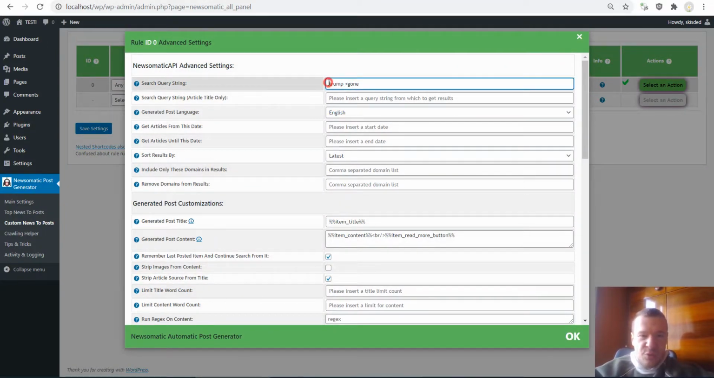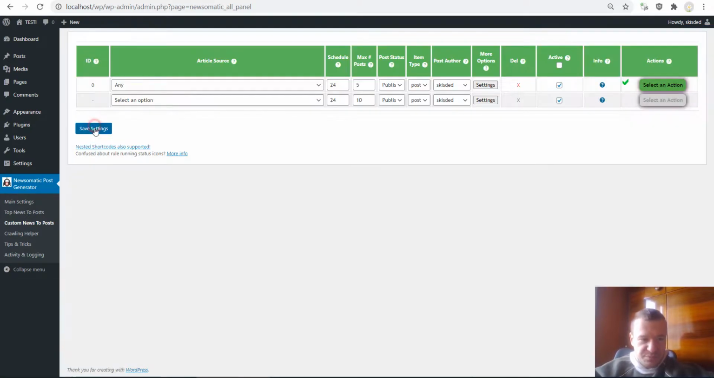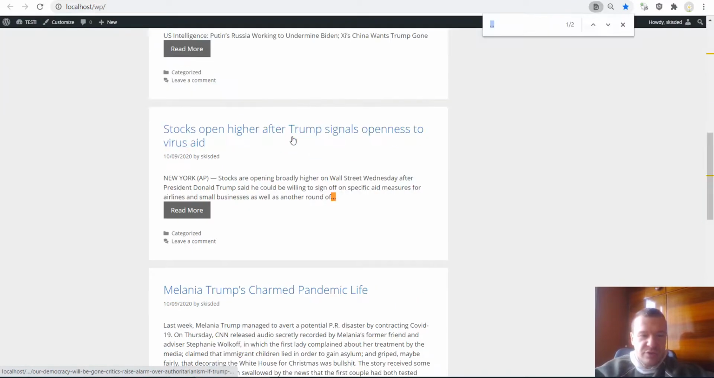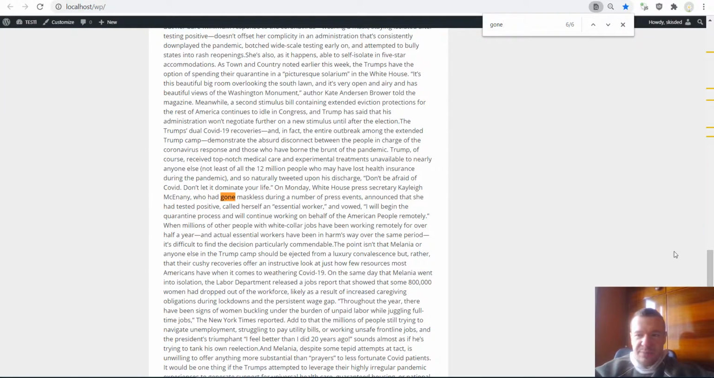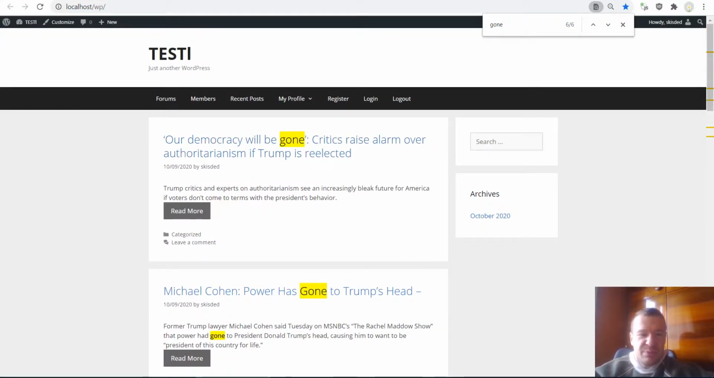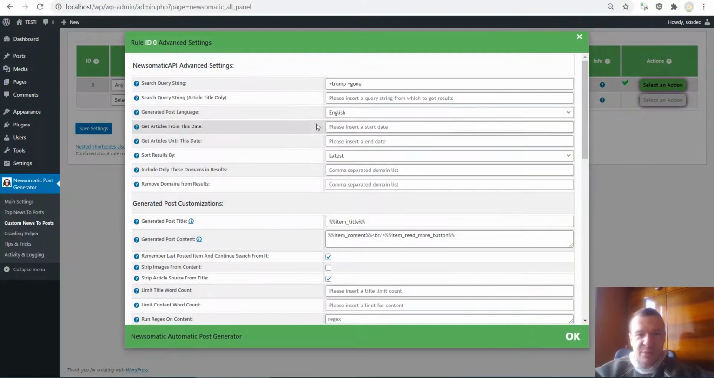We can also force keyword coverage like this, and if we delete posts and re-import them, we should get similar content. So refresh it and gone. Yeah, here it is. Okay, so this is how to import content using advanced queries with the Newsomatic plugin. So use the plus to force keywords. Also use the plus to